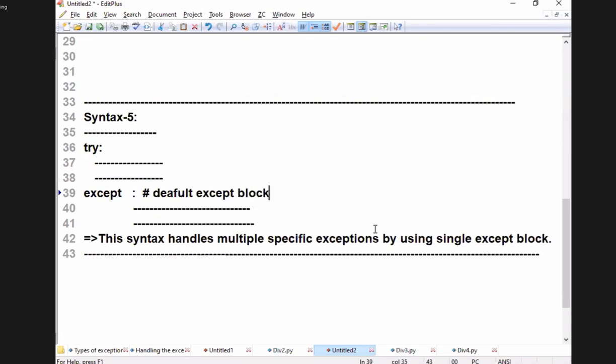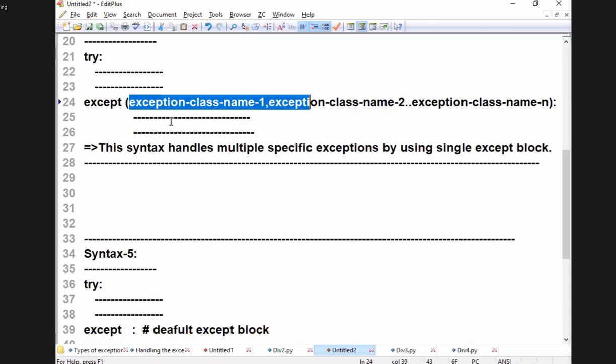How many except blocks? An except block with a single exception name, an except block with multiple exceptions, an except block with no exception, which is called what? Match case you see. Match case label 1, case label 2, case label 3, case label n. Last, what? Case underscore colon. That is called what? Default case label. It matches for anything which is not matching with the specified case labels.